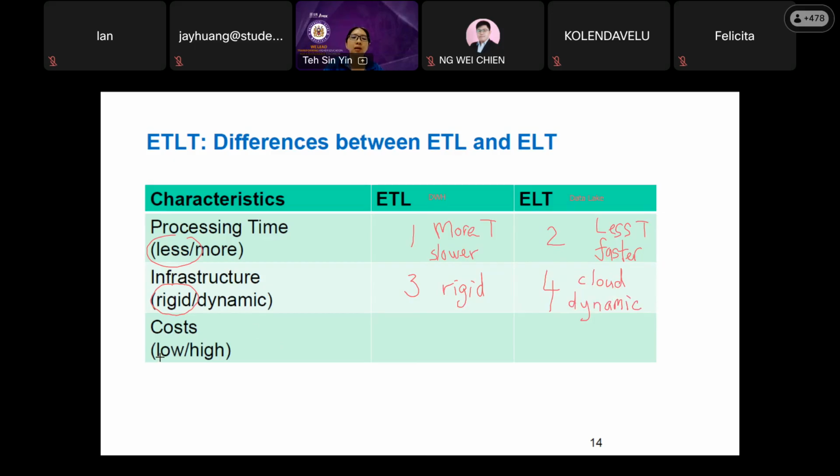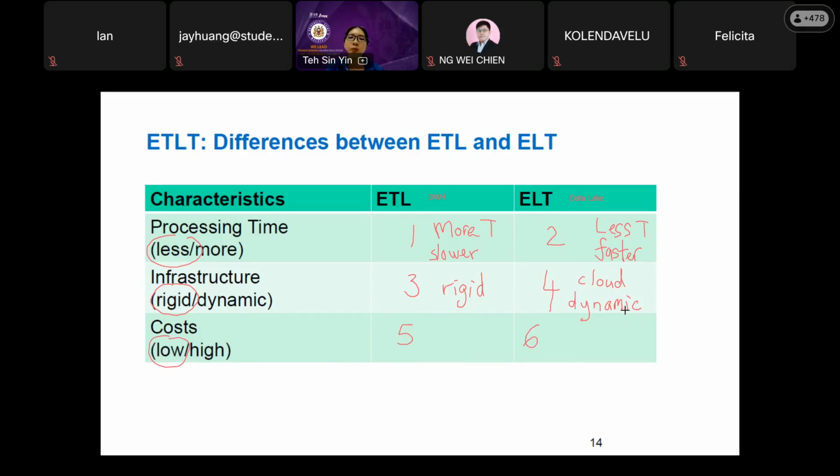Now, let's look at the last one, in terms of cost. Which one has lower cost? Let me put this as 5, this one as 6. Wait, let me finish my sentence first. If I am talking about cost, that includes the server cost, the maintenance cost, the computing cost, the storage cost.